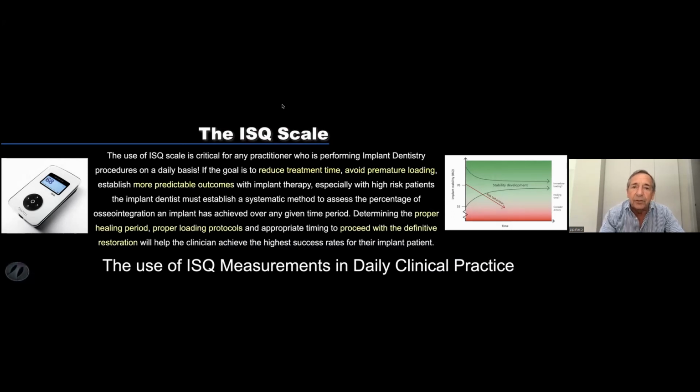This is extremely important for the practitioner, and as a goal, it is to reduce the treatment time, avoid premature loading, establish more predictable outcomes. And the thing is that it will help us to determine the proper healing period, proper loading protocol. Do we go to immediate loading or delayed restoration? So it's good to be on the safe side, because if you go to a fixed restoration, immediate loading, and